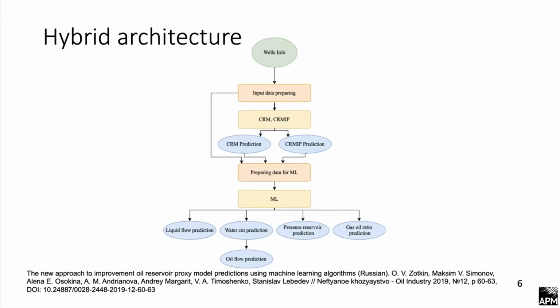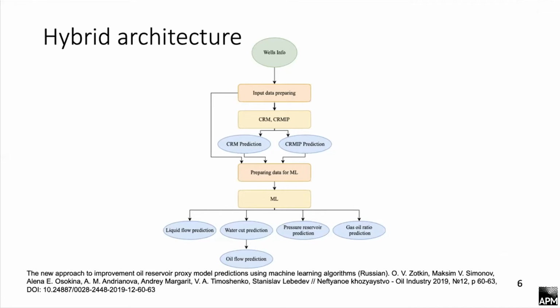So we can improve accuracy and it will work as fast as a standard optimization model, but better. But to increase accuracy, it was proposed to use the so-called